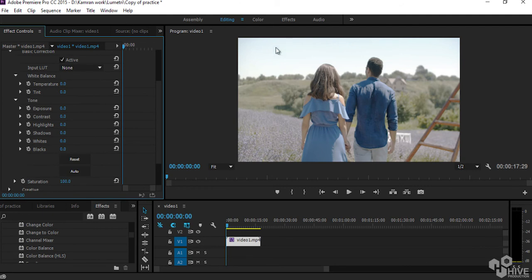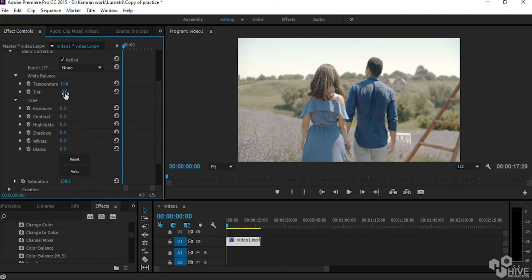First of all, I can see this is daytime. Daytime has a little bit of sunlight, so we must increase some temperature. If you increase it, it becomes hot; if you decrease it, it becomes cold, from orange to blue. I think I should increase it because it's daytime and there's sunlight on the dress of the model. Now if I play with some tint, I think -2 is okay.